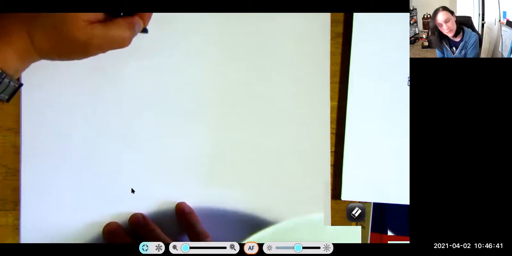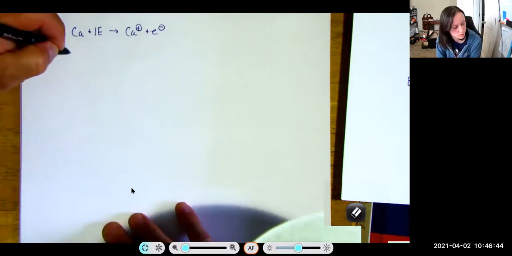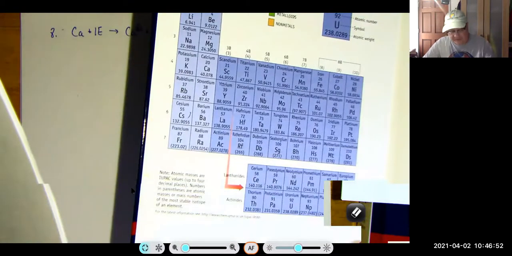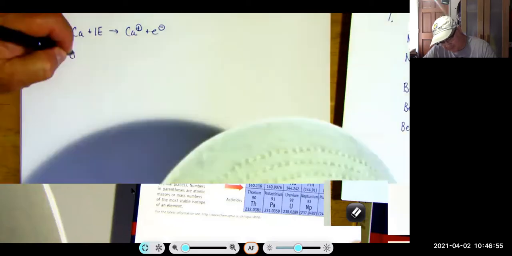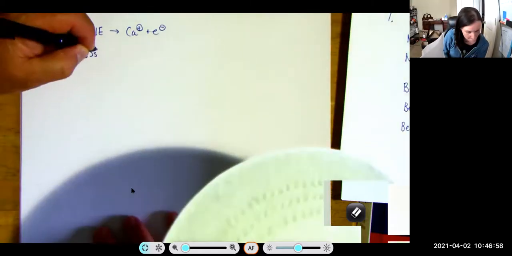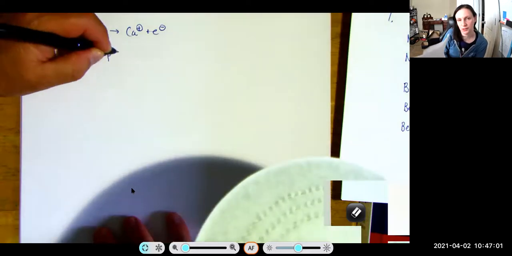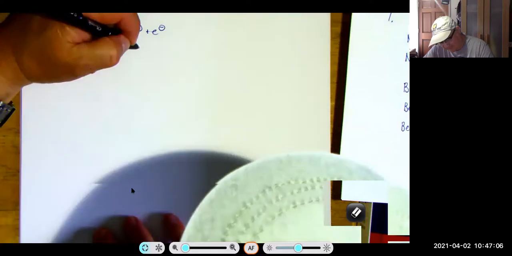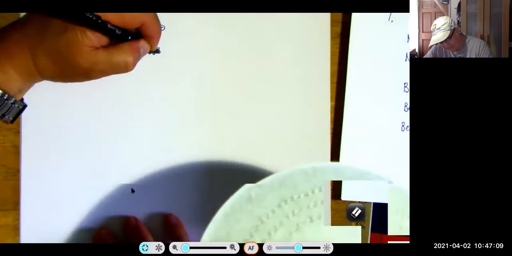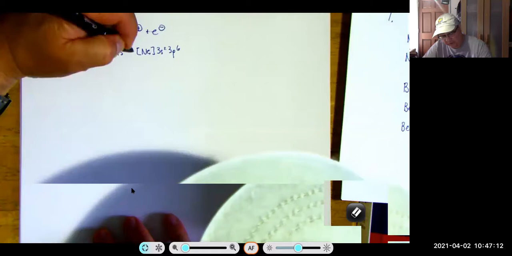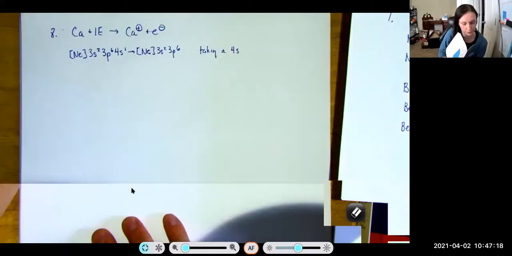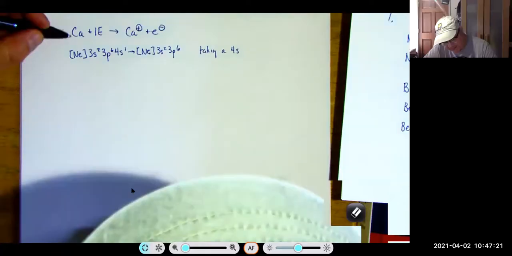Well, calcium ends in a 4s2, so you'd be taking from that shell. Okay, so here, what I'm going to do with this one is I'm actually not going to start with argon. I'm going to start with neon. Why? You will see. Because I have more electrons to take. So here we're taking a 4s, right? Yeah. Okay. Now for potassium,